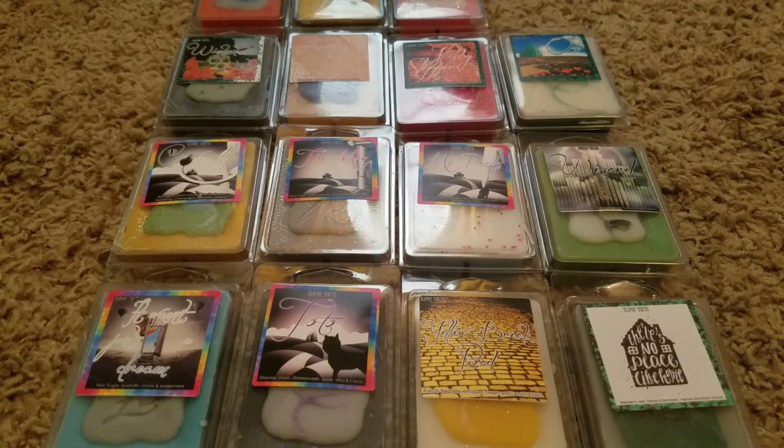I will say though, I'm not sure if I'm going to like this melted. It's very strong on the fresh cut grass, and I know that some people love that. I wasn't sure if I would like it or not because I've never had it. Right now on cold, honestly, I don't like this one very much,